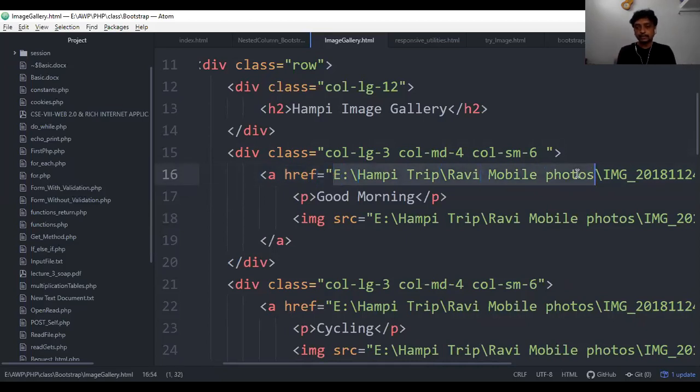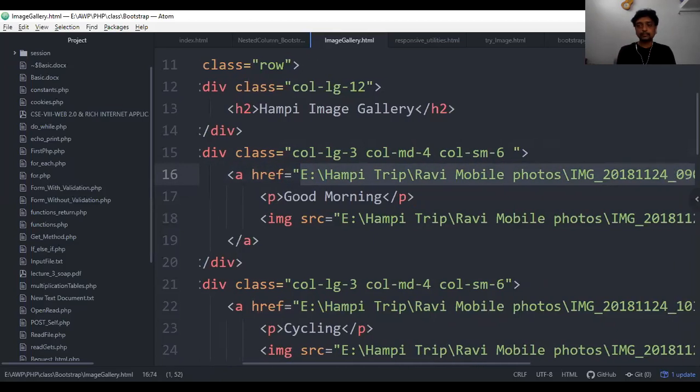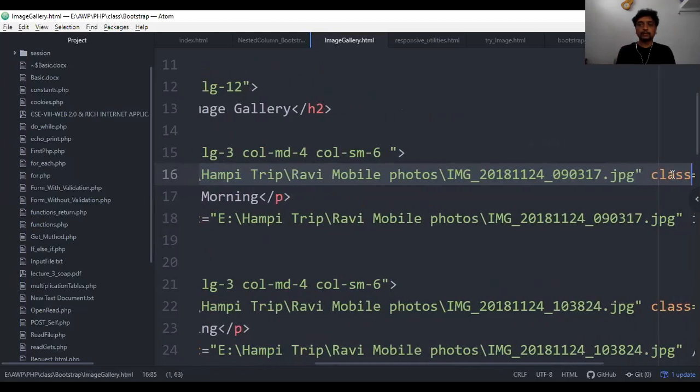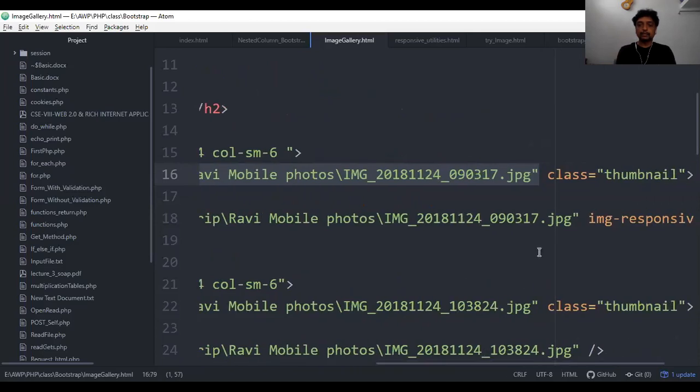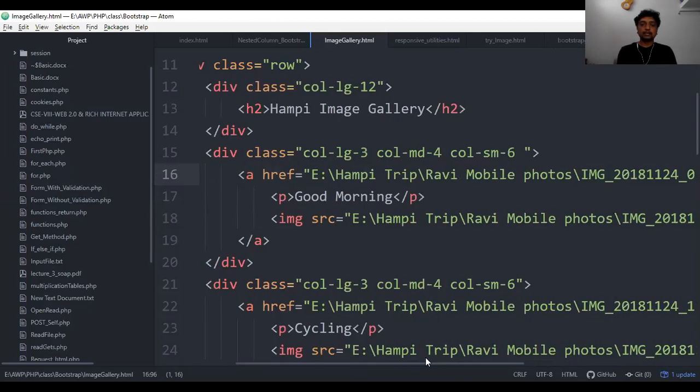The image path is this. This image is going to be viewed in the full screen, and that image basically will be viewed as the thumbnail. Here we are going to see the thumbnail, and then I have mentioned a paragraph saying good morning, or whatever caption you want. You can do that as the caption.